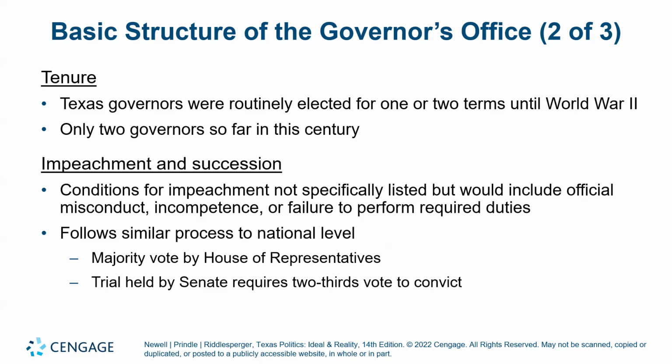Okay, but let's take a look at the conditions for impeachment. Conditions for impeachment are not specifically listed, but would include official misconduct, incompetence, or failure to perform required duties. And usually there is some overlap on this, especially when it comes to incompetence and failure to perform. That would basically be if the governor's just not doing their job, not upholding the job requirements, not performing those required duties and responsibilities, then yeah, you could definitely call for an impeachment and removal of the governor because they're just not doing their job. And the other factor is official misconduct. That, of course, is what Ken Paxton was impeached on